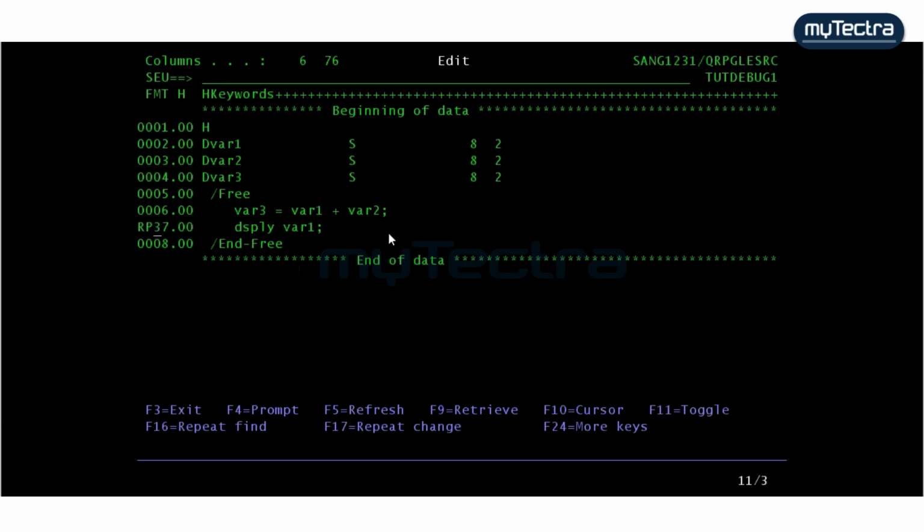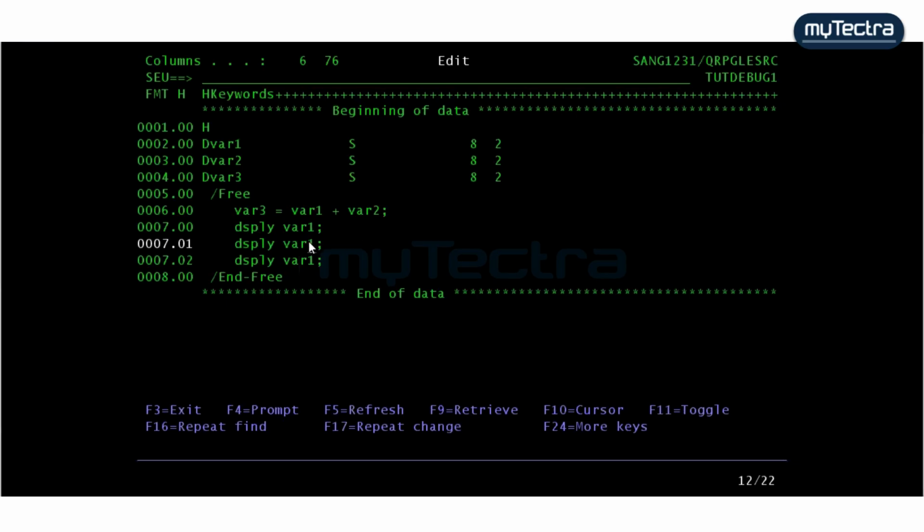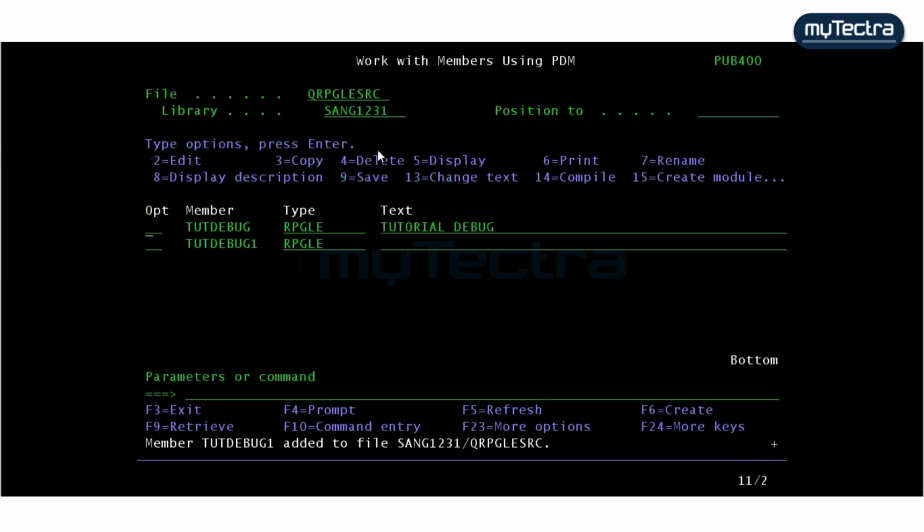So let's say I'm displaying all three variables: var1, var2, var3. Currently I'm not initializing any variable, so we will see in the debug what exactly is happening. And there is one more keyword here. You can write file. File means it will save and come out of the source. So I just wrote file here. Now to debug this,